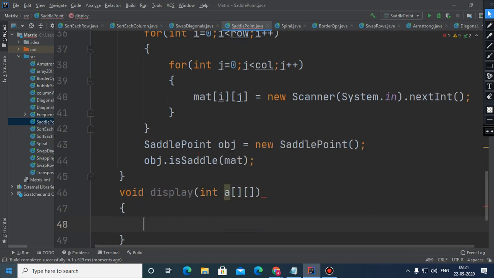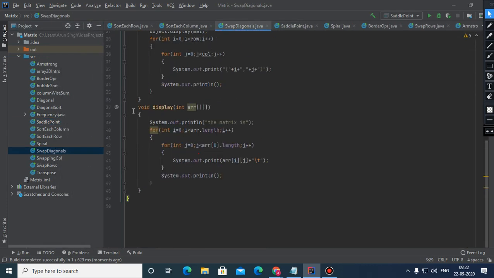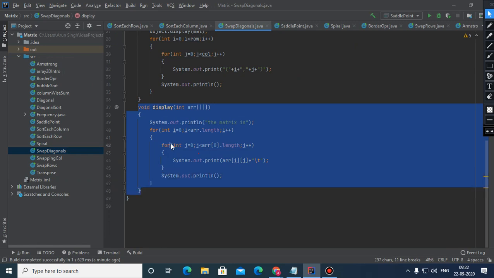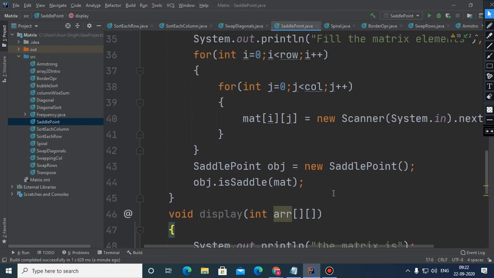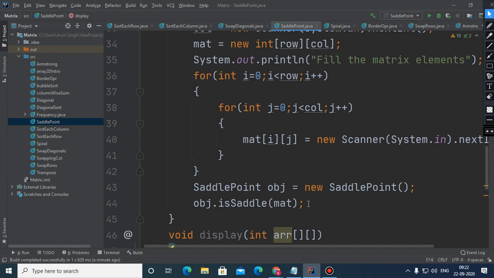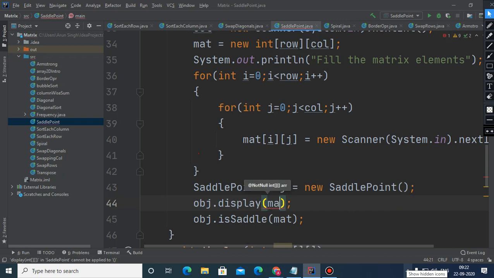So this is the function to display, and it is better if we copy this display function from somewhere else. Just copy this and paste this display function here. Okay, nice. After that, just display it: obj dot display, passing this mat.